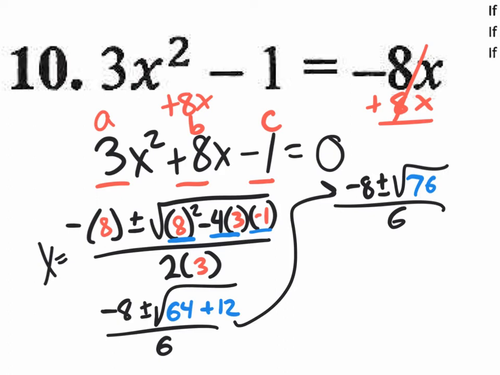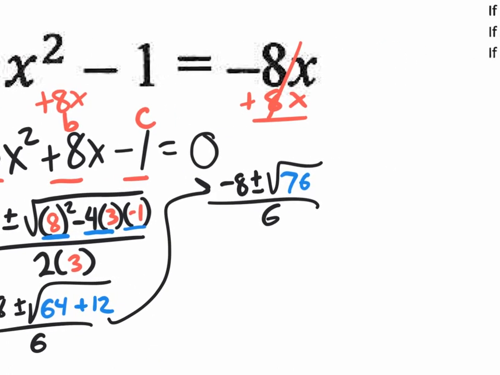So what we should try to do is simplify the square root of 76. 76 divided by 4, you could do that on a calculator, is 19. So I could rewrite 76 as 4 times 19. 76 is not a perfect square number, but if you rewrite it with 4, now 4 is a perfect